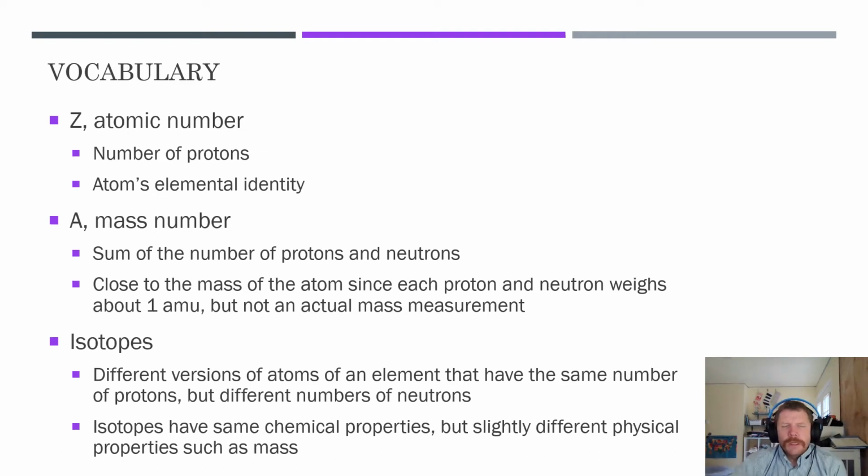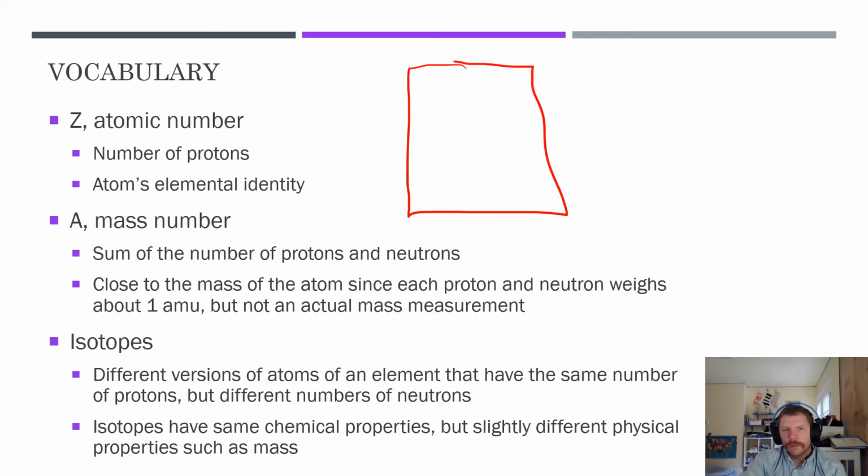So this is the vocabulary that you are going to need in order to process this information and organize your thoughts on this. And I wanted to go ahead and draw another representation of what we just looked at with respect to a symbol and what you'd see on the periodic table. In general, you are going to see an atomic number, which is denoted by the letter Z, which I'm going to write in